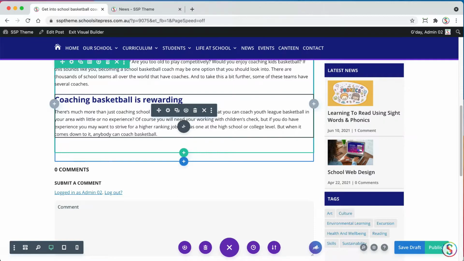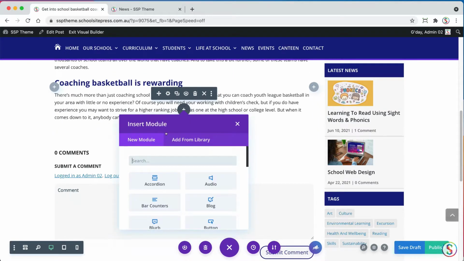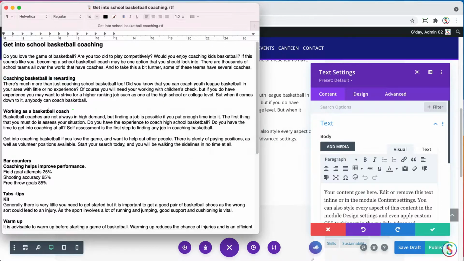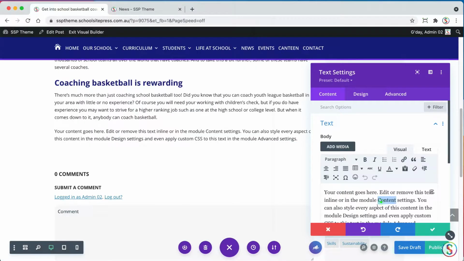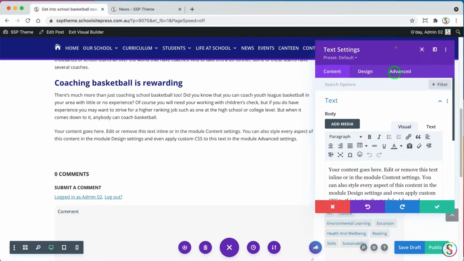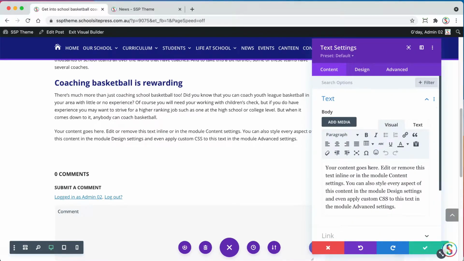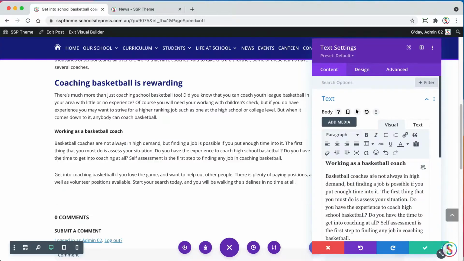and I can see my plus button now, so I can add my next text box rather. What we're talking here, working as a basketball coach. Okay, let's just copy all that. You can move this settings box around so you can see what you're doing a bit easier. I'm just going to paste in there